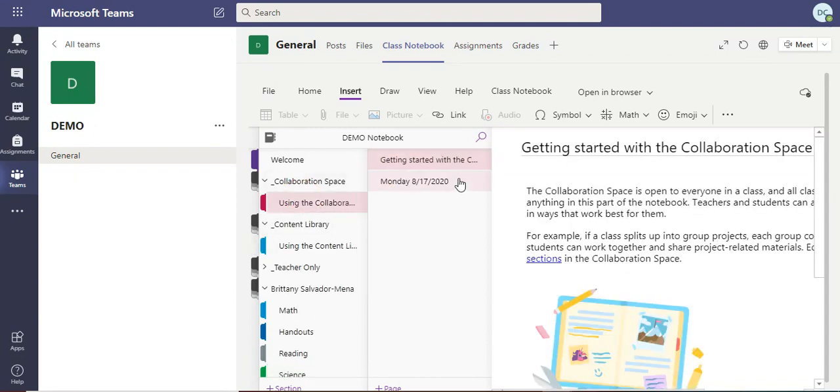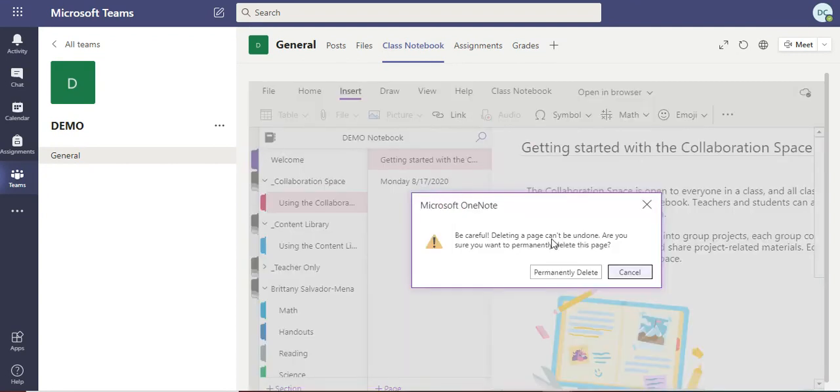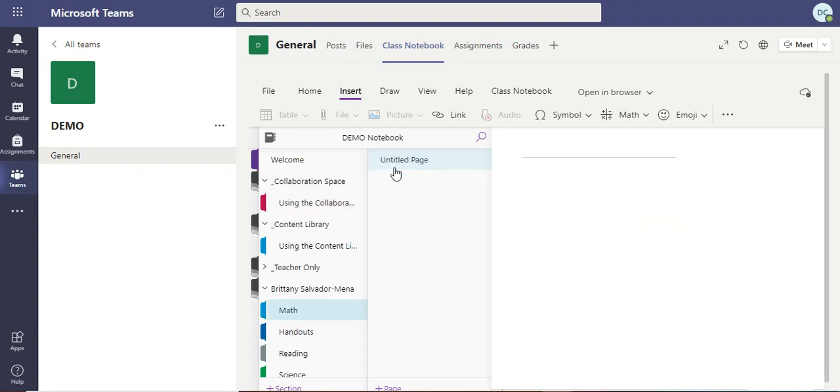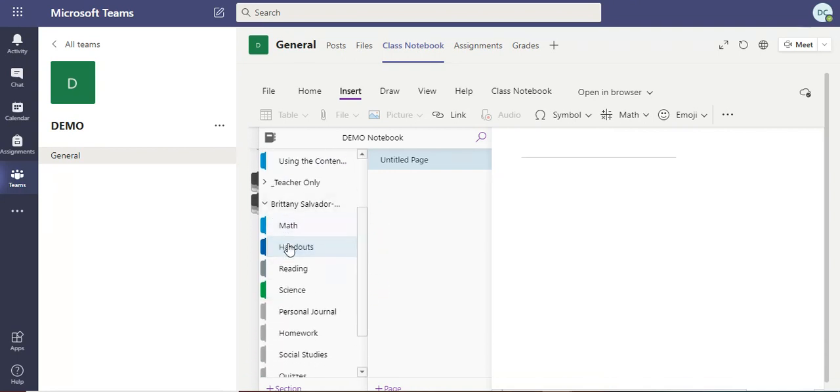So here, this is your collaboration page, and you can go ahead and delete these. There's no rule that says you need to keep it. You could delete it. Just have your page. What I would do is have each child go into their notebook, click on their page, and rename their page. You see how this says math? I would call it math or put the date there, handout, but the tabs are in real where the student can see